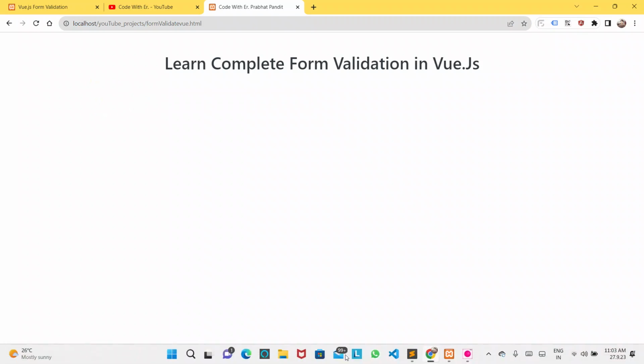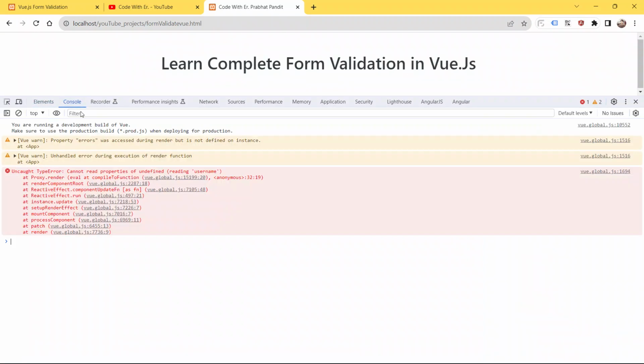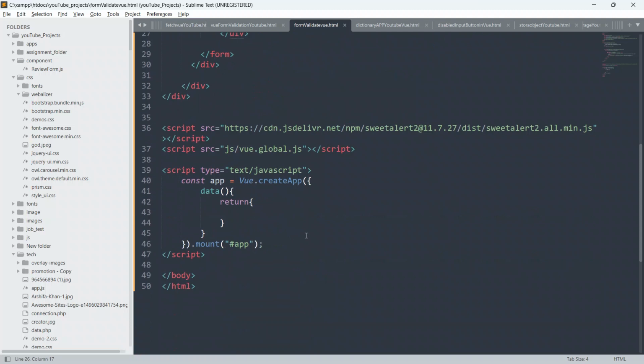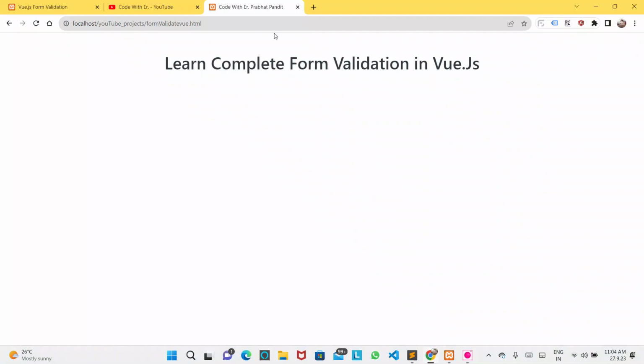It will be showing an error that username is not defined. So as of now just comment this, because this is a Vue.js expression, and as you can see here, we have not defined anything. So just comment this out and save your page, go to the browser and refresh your page.